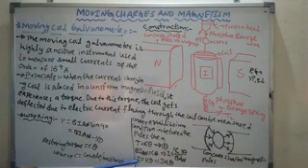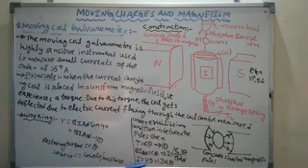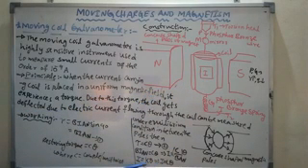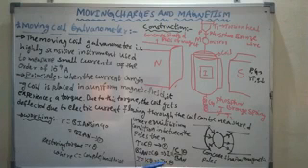Now I is equal to what? This C by BAN we can call K. It is constant for a given galvanometer, also called the galvanometer constant, or the figure of merit of the galvanometer. So I is equal to K into theta. Then I is proportional to theta, where K is a constant of the given galvanometer.